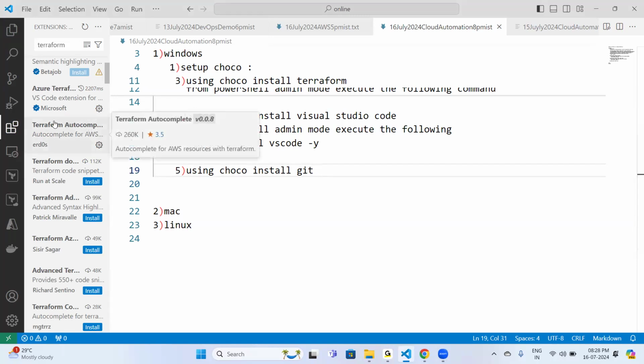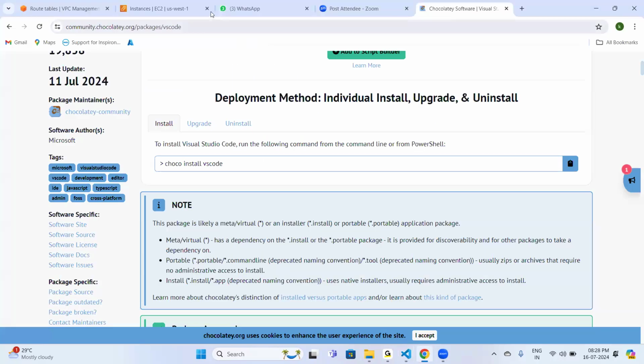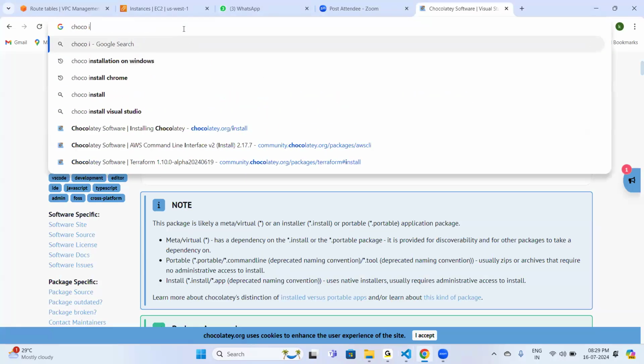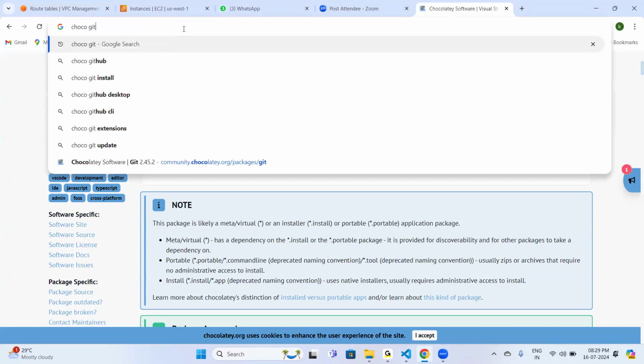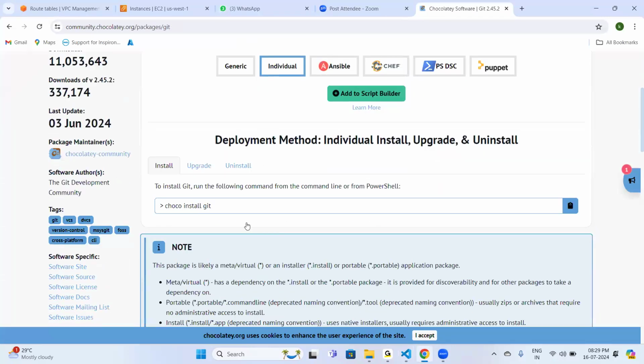Okay, so once you install Terraform extensions, finally we are going to install one software called Git. So how to install Git? Let us see. Chaco. Let us ask Git. It is also very easy to set up Git. Say Chaco install Git